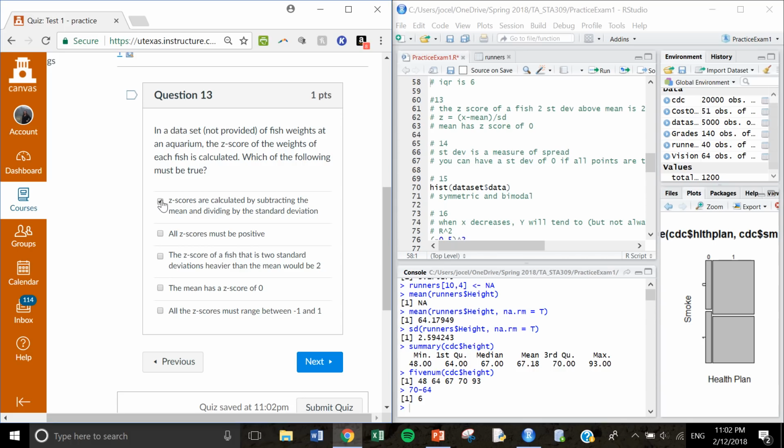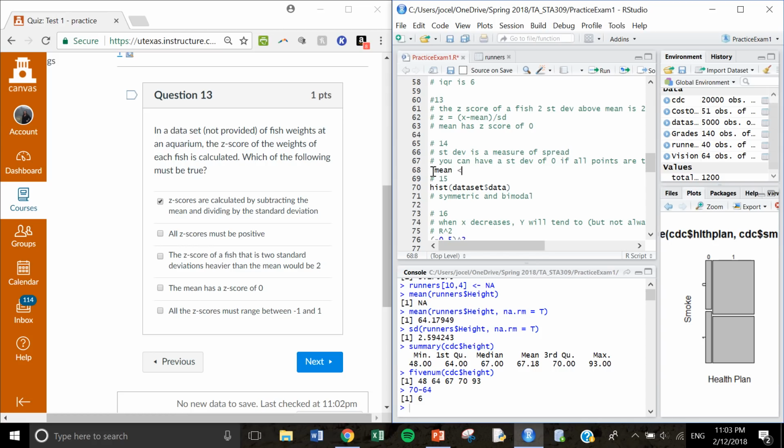The second one, all z-scores must be positive. That is not true. When we think about our distribution, a normal distribution, if the weight of a fish is exactly the same as the mean, then I'm doing the weight minus the mean divided by the standard deviation. And if the weight is the exact same, then I'm going to have a z-score of 0. If I have a weight that is less than the mean, I'm going to have, for example,